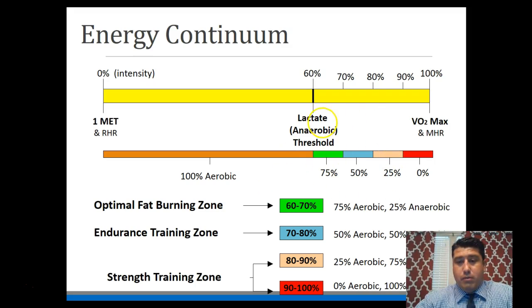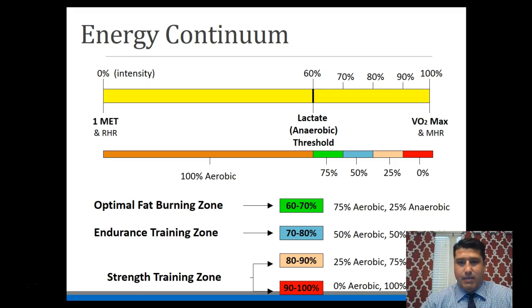Okay, the blue zone means that it has become more and more anaerobic and less aerobic. So you can see the difference between the green zone and the blue zone. Green zone, 75% aerobic, 25% anaerobic. The blue zone, it's 50% aerobic, 50% anaerobic. Okay. The pink zone, the intensity is so high that the activity is less aerobic and more anaerobic. Now the 75 and the 50%, those are arbitrary numbers for now, but the shift in the energy output